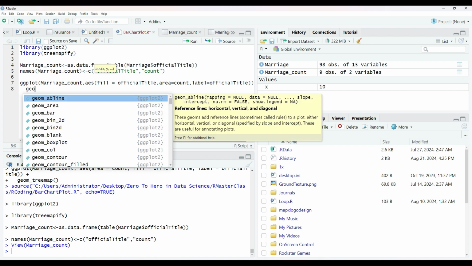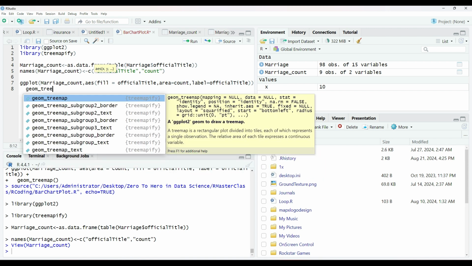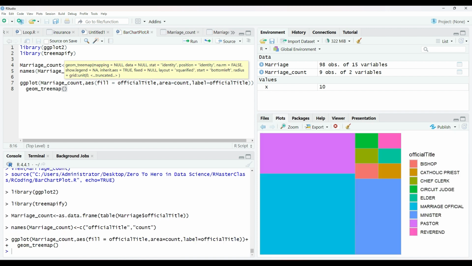We run it, and here we get our tree map. Basically you could see that marriage official lies here, minister lies here, pastor lies here, and bishop lies here. But we need text on our graph, so we'll add this, say geom